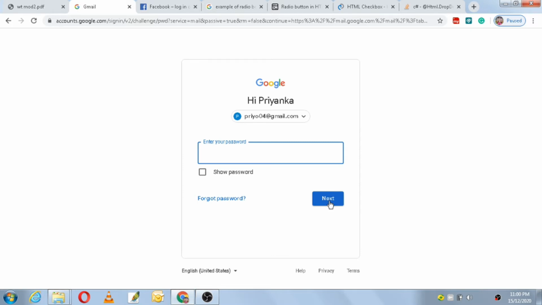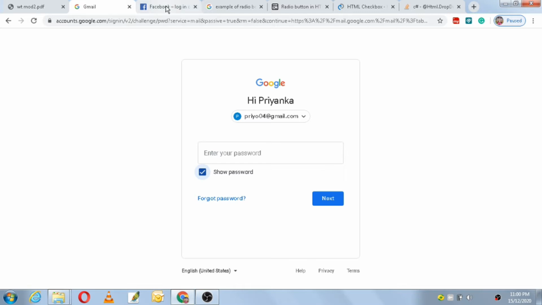So what will happen is your email as well as the password both are taken as input and sent to which server? It is sent to the Gmail server, and the Gmail server will do the processing by taking your email and the password. And what processing it does is it opens up your Gmail account. So what you see here, this entire part, is called a form. This form will have some text or some input which you have to give, some checkbox like this, or some submit button like this. So this is an example of a form which we come across every day.